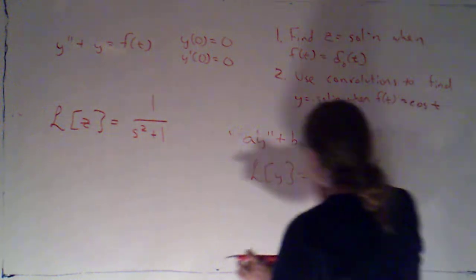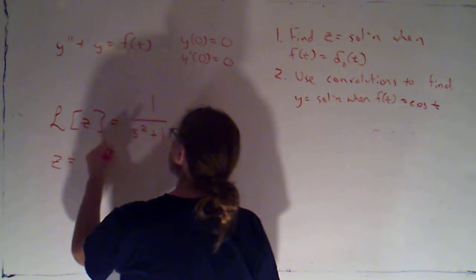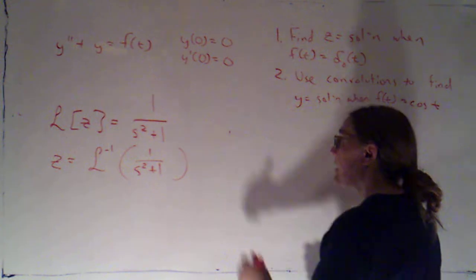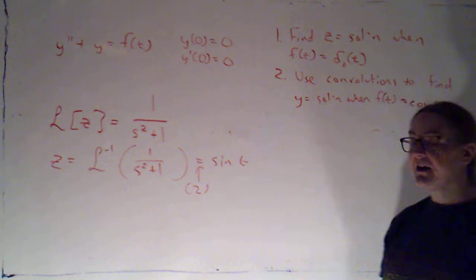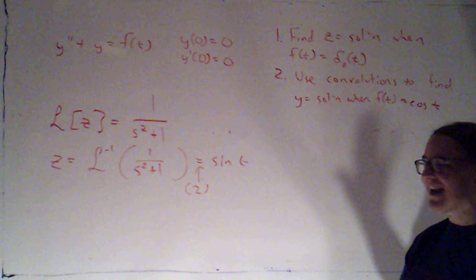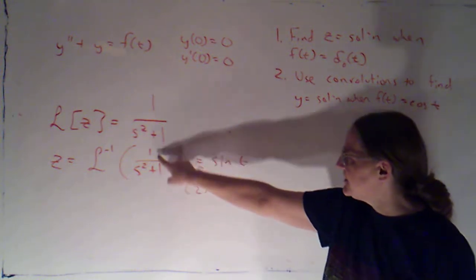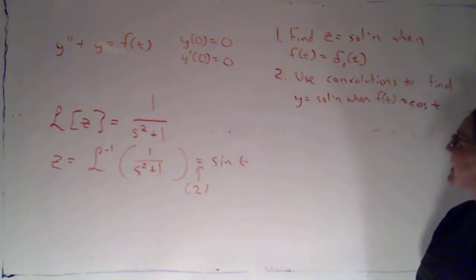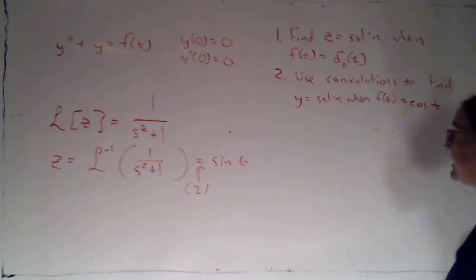Now, I still need to do a little bit of work because I need to calculate z. So z is going to be the inverse Laplace transform of 1 over s squared plus 1. But that's just sine of t using formula 2. That 1 is 1 squared. So the formula on your formula sheet is sine of omega t, but my omega here is 1. 1 squared is 1, and I've got an omega, or a 1, on top. Okay. So z is sine t,